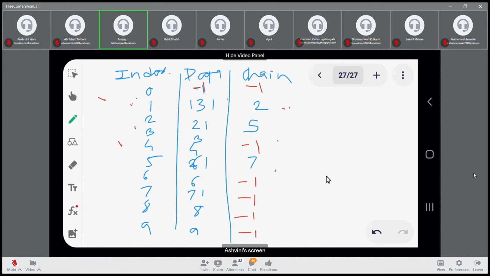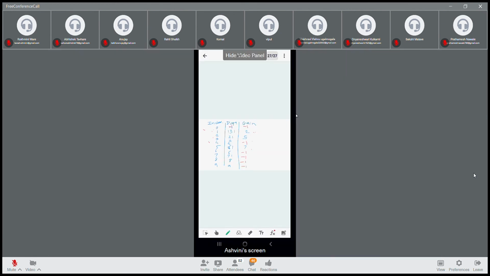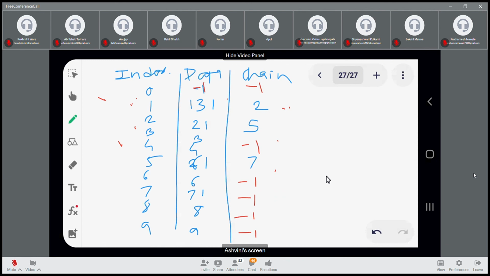Yes ma'am. Okay, so this is chaining without replacement. Now next is chaining with replacement. Replacement मतलब क्या? Now suppose in the same table,